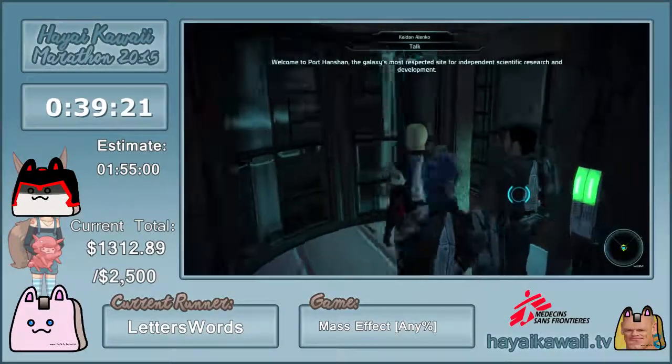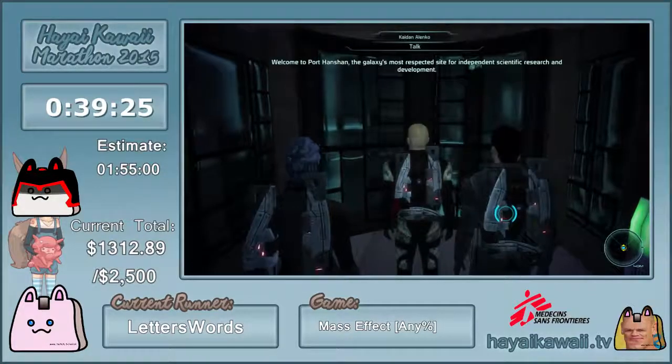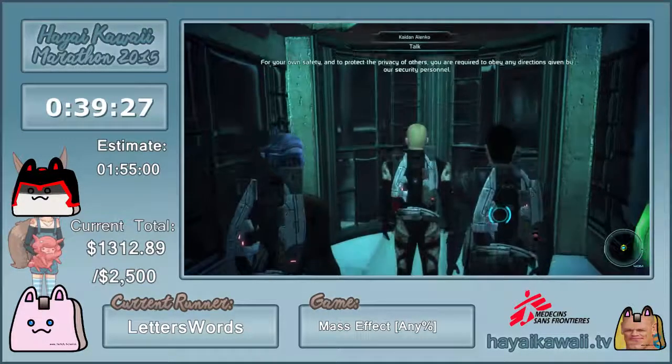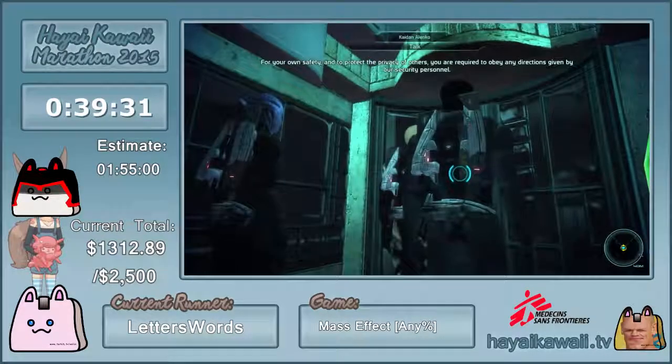Welcome to Port Hanshan, the galaxy's most respected site for independent scientific research and development. For your own safety and to protect the privacy of others, you are required to obey any directions given by